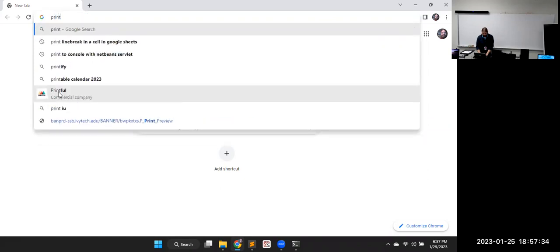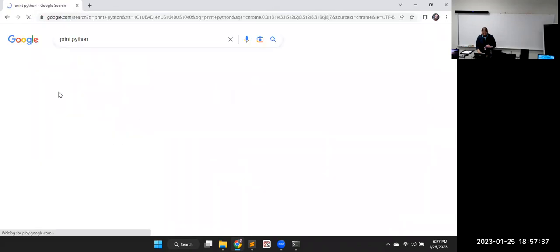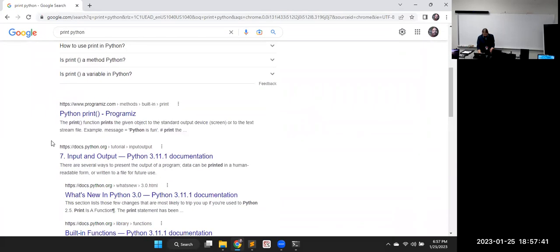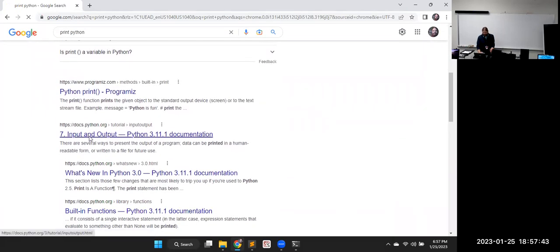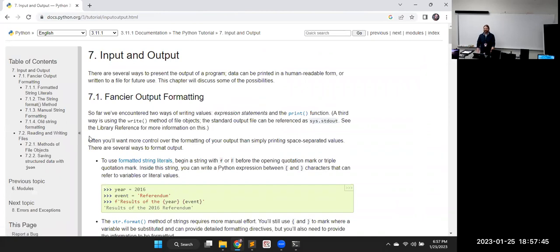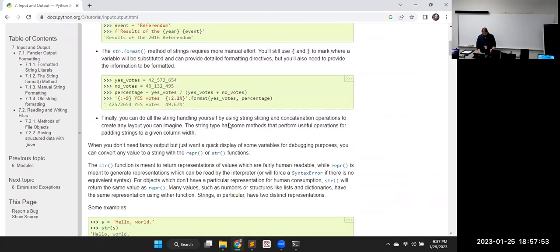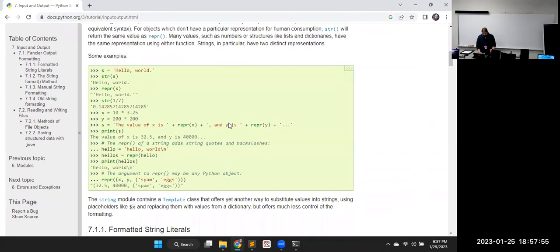Overloading, print in Python is overloaded. Oh, there it is. It went right to the tutorials. Like, if you need print in Python, you need the most basic. That's the most basic tutorials. So in the input and output, we have multiple versions of print.